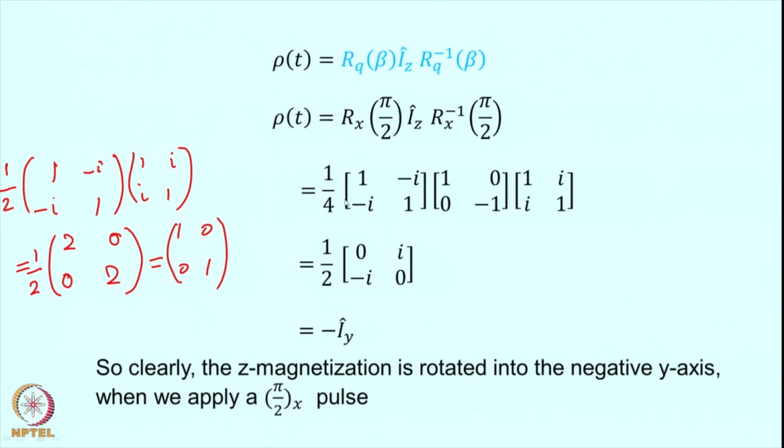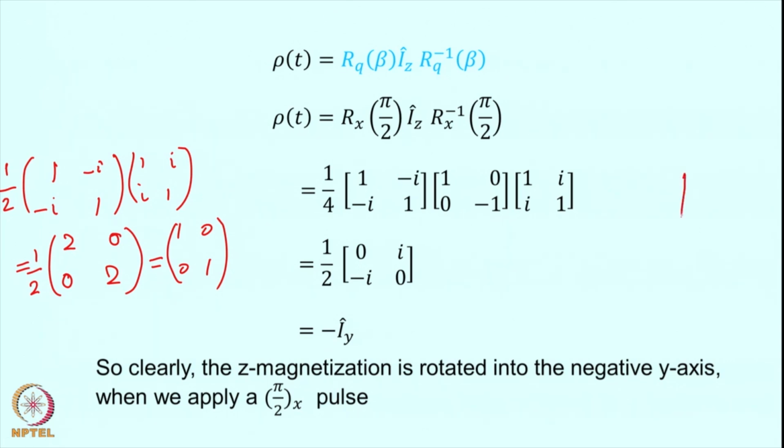So now if I multiply all these 3, what do I get? I get half 0 i minus i 0, and this is minus I_y, okay. So what I have got? As a result of this, I_z has become minus I_y. Therefore there is a rotation, 90 degrees rotation, right. Now therefore we have explicitly demonstrated that the Z magnetization is rotated onto the